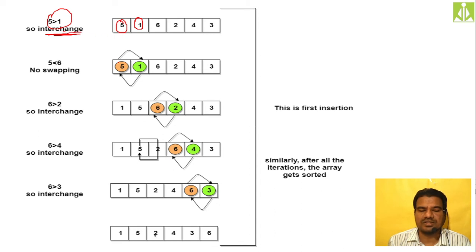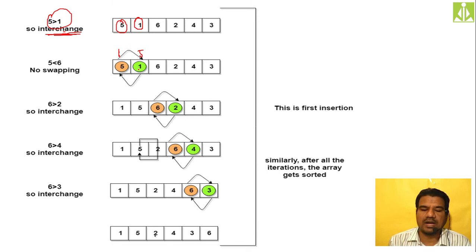We are swapping 5 to here, 1 to here, and at the same time we leave 1 and do the next comparison, because after swapping 5 will come over here, 1 will come over here. That step I am not writing over here. Ultimately, in the next step, we should not call this an iteration; this entire thing is an iteration. So in the next second step, just forget about 1.